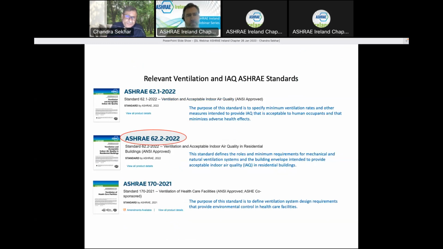I alluded to the ASHRAE standards. These three standards are very relevant in the context of today's webinar: 62.1, 62.2, and 170. You know what they are used for. The sum and substance of it is providing ventilation air, minimum outside air, and all three of them, one way or the other, also address things like local capture or source control, which is really the basis of what we call the indoor air quality procedure in the standards.